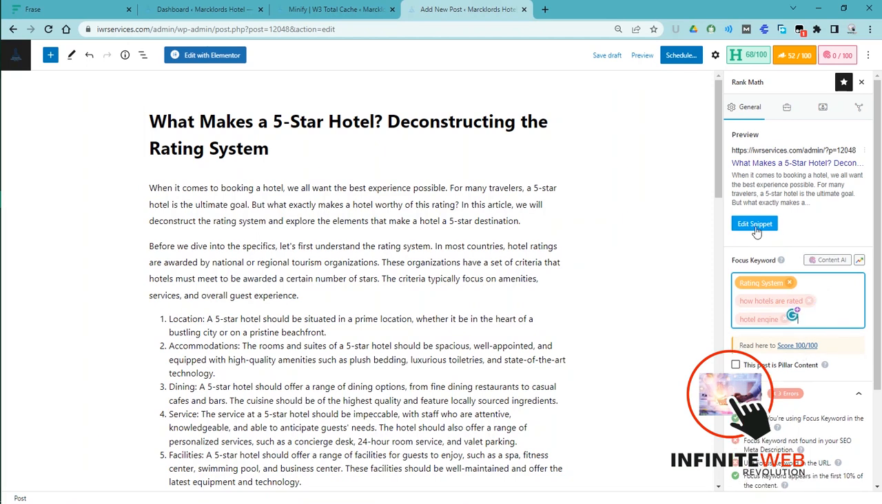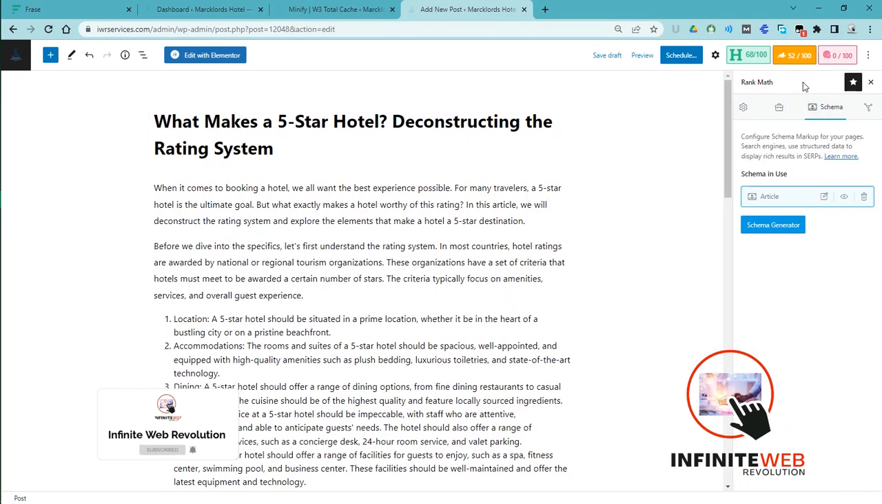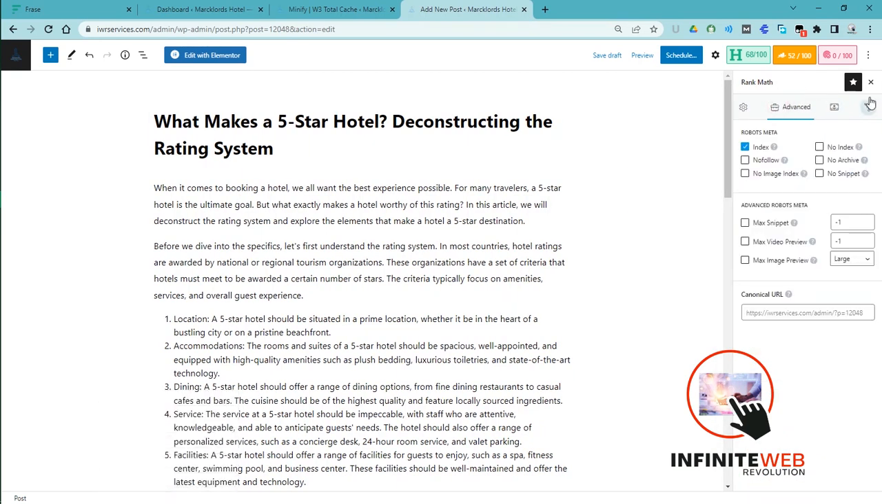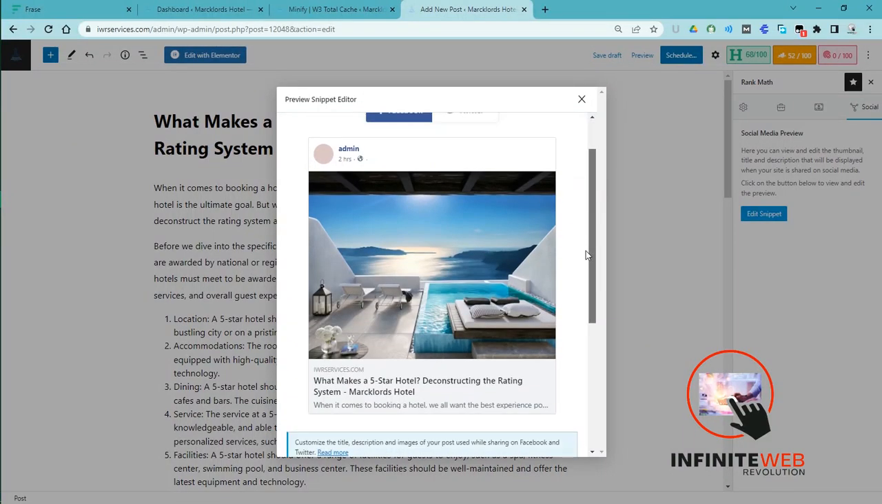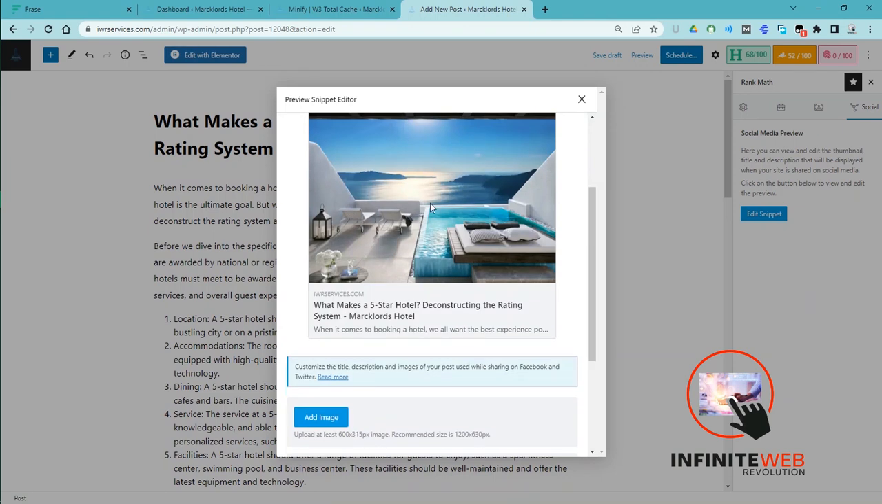Now we need a meta description. Now let's take a look at how our post looks. Okay, you go into social. So right now on social media, if people search for your post, this is how they find it. You see, this was the featured image that we set. Now you have the title. We also have